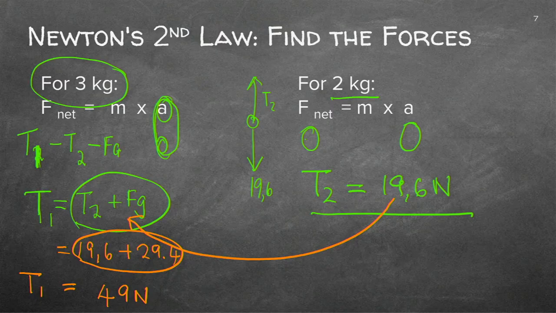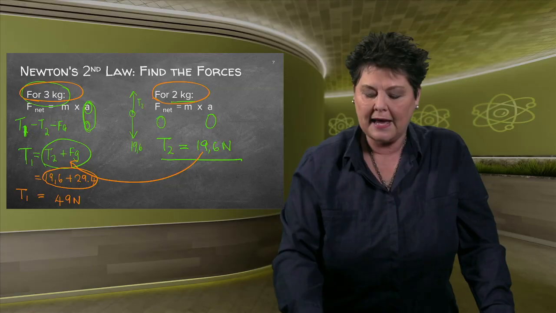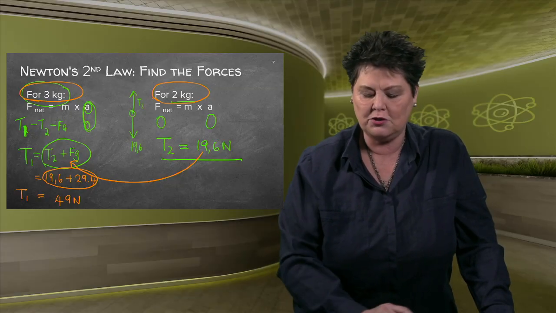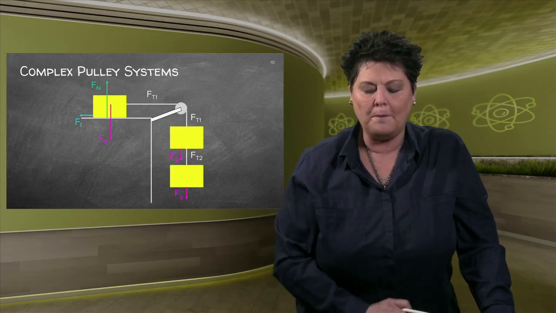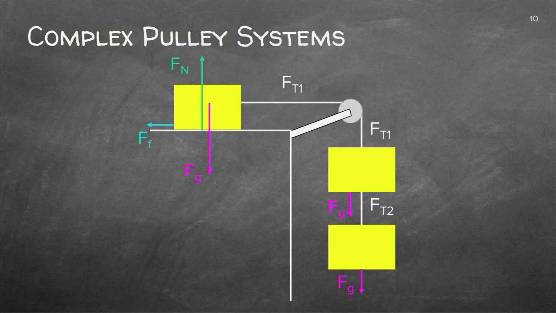So it's easy if you actually take the different masses, make them separate systems, and calculate and substitute in Newton's law. Right, let's go to a more complex system. I've got a complex system because I've got more than 2 masses. Well, anything more than 1 is complex. I've got here a pulley system.